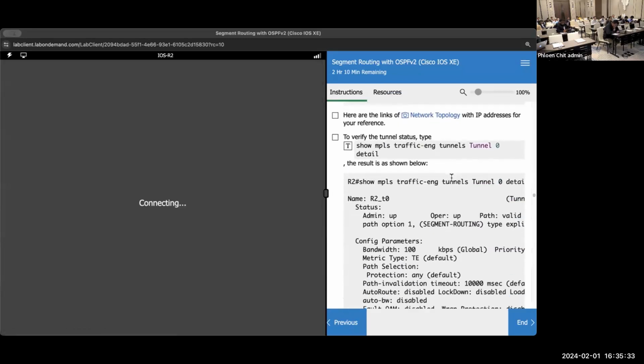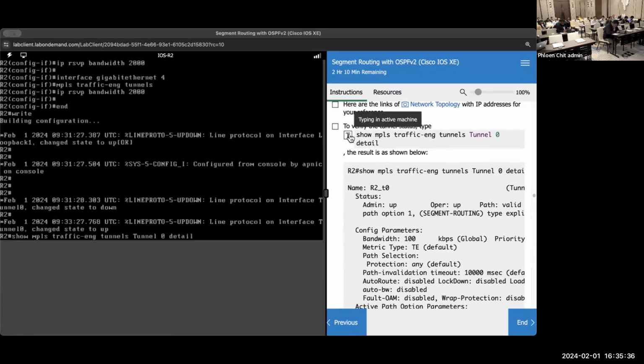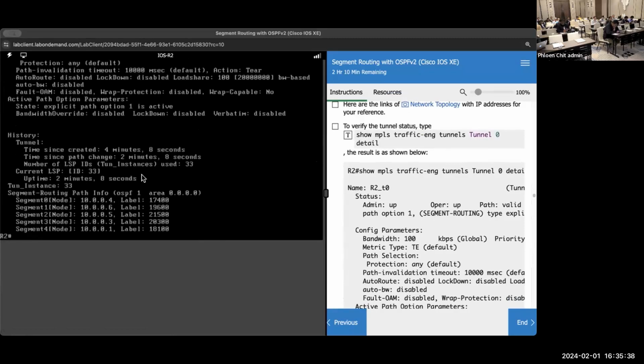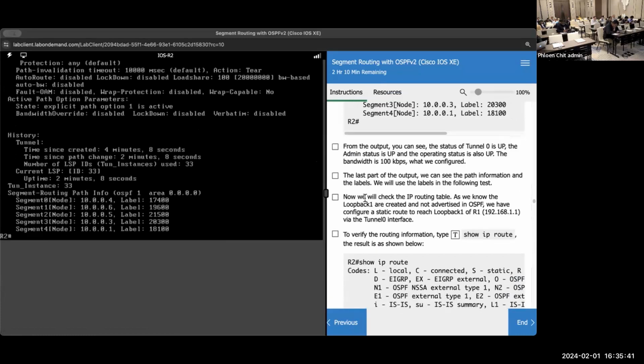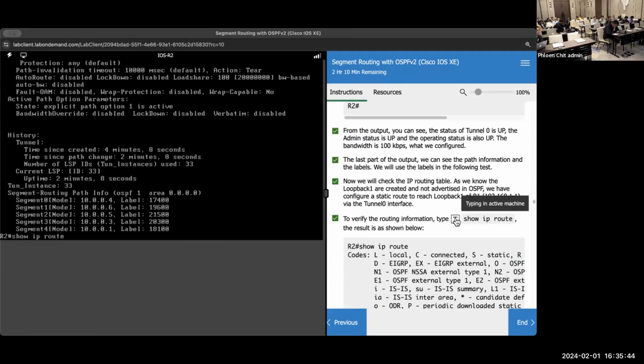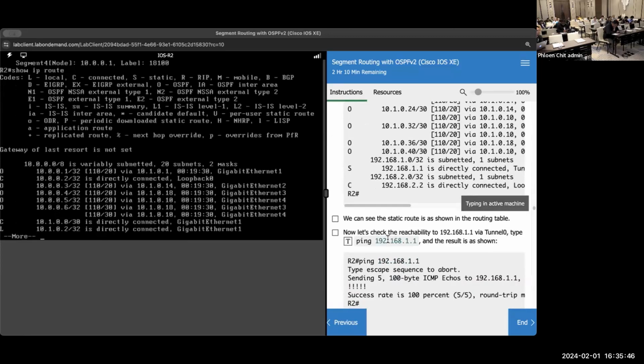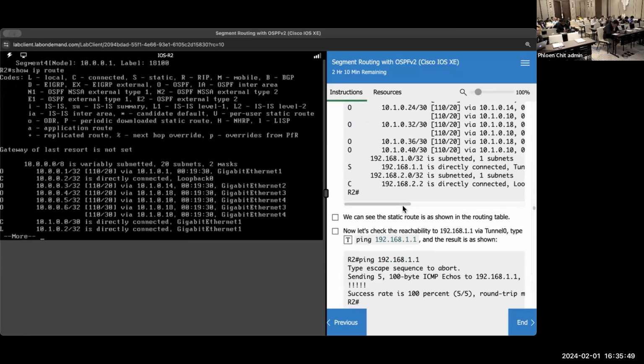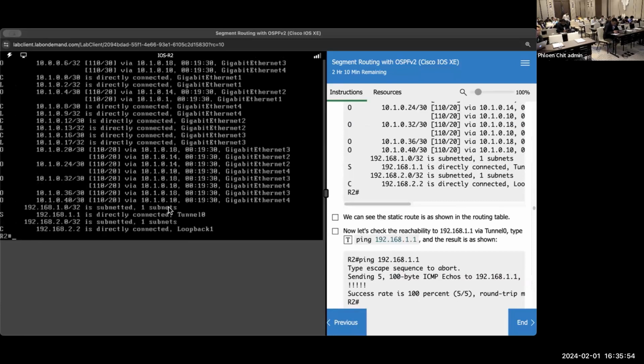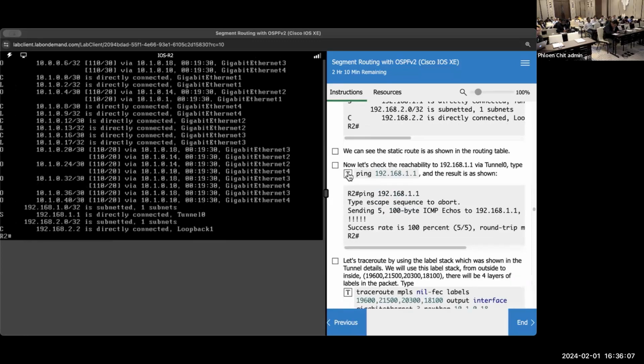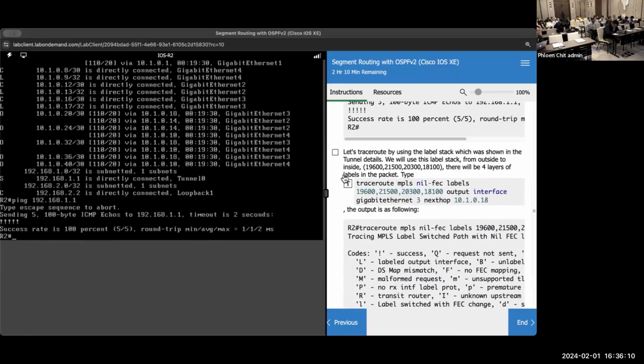Same for router 2, we will go through the same verification process, showing that the tunnel is up. Then next, we will show IP route. And then for router 2, based on the lab instruction, the destination that we will test is 1.1. Yeah, because basically we will use the destination that originally it should be the neighboring router, but we try to make the longest possible path to go to it. That's why router 2 is testing to router 1. And then if we ping, yeah, it's working. And we trace,